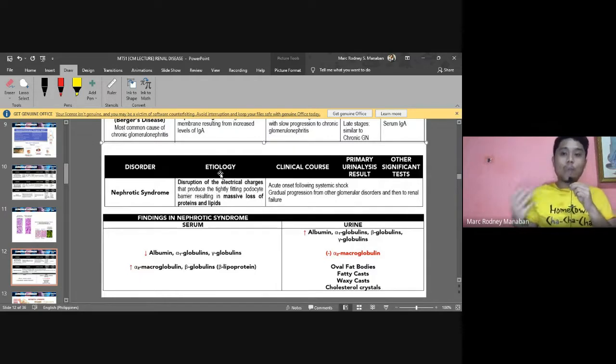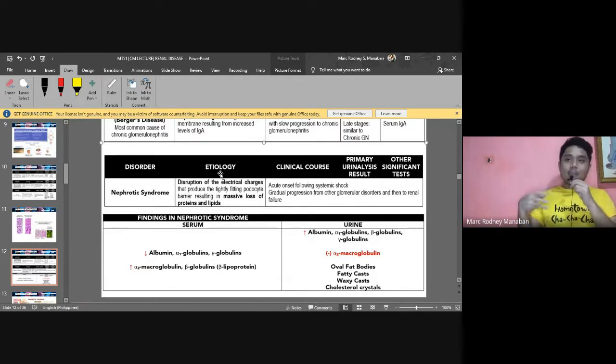But of course, the low molecular weight proteins which are negatively charged, such as gamma globulins, alright? And anticoagulant factors can appear in the urine. So patients with nephrotic syndrome are prone to thrombotic complications, because they no longer have anticoagulant factors in their blood. Aside from that, they can also be prone to infections because gamma globulins and acute phase reactants can also appear in your urine, because of massive proteinuria. There's no control in your glomerulus, alright? Because there is no shield of negativity.